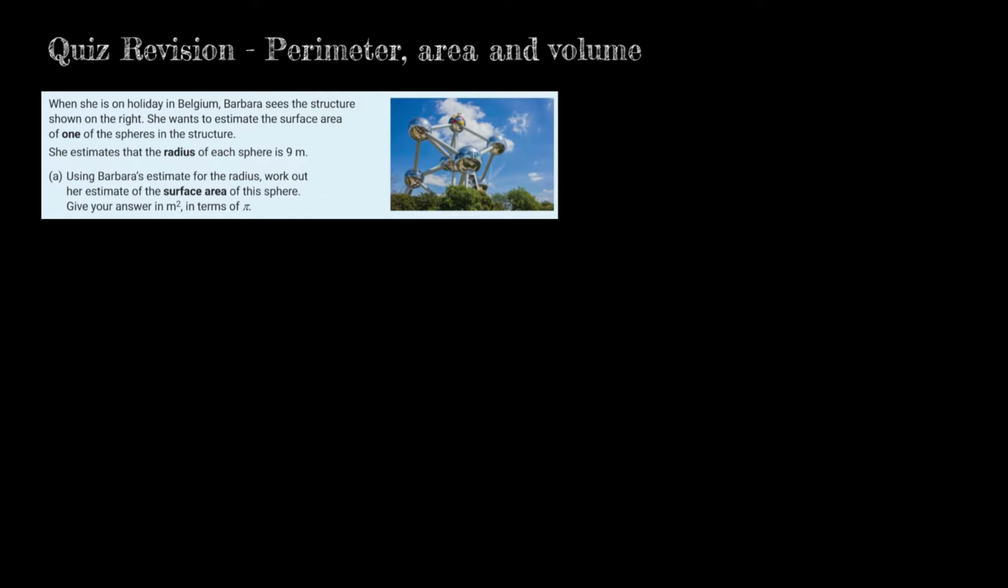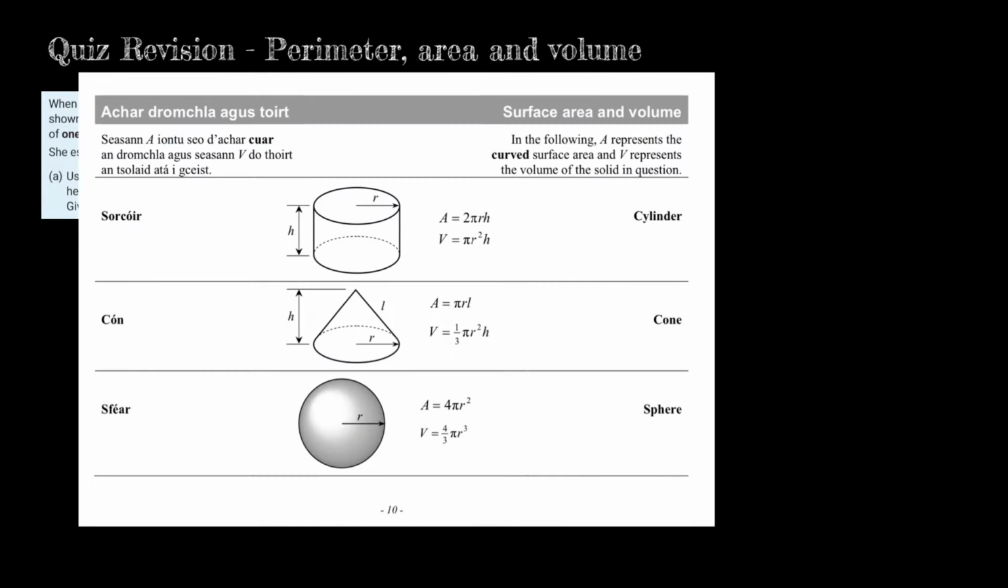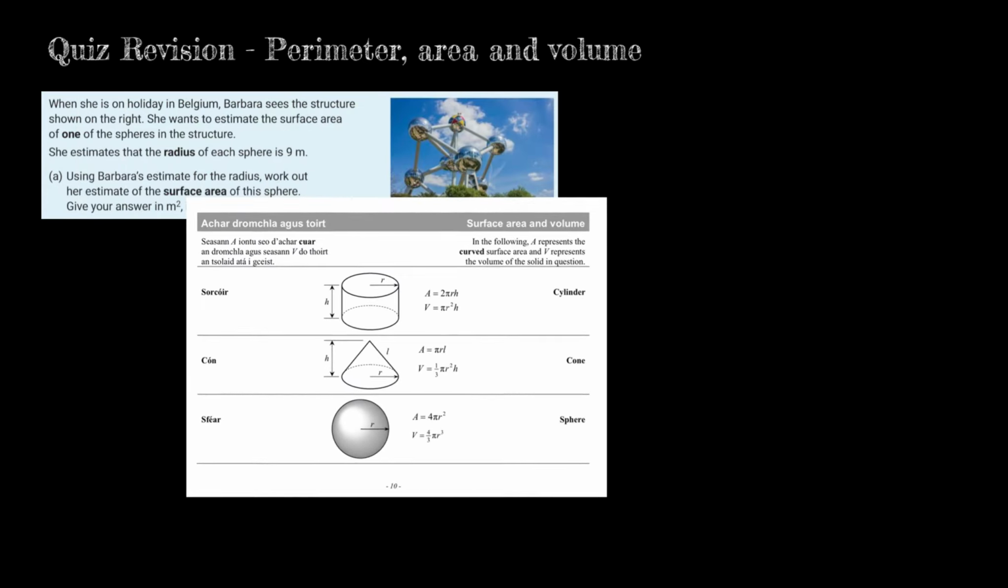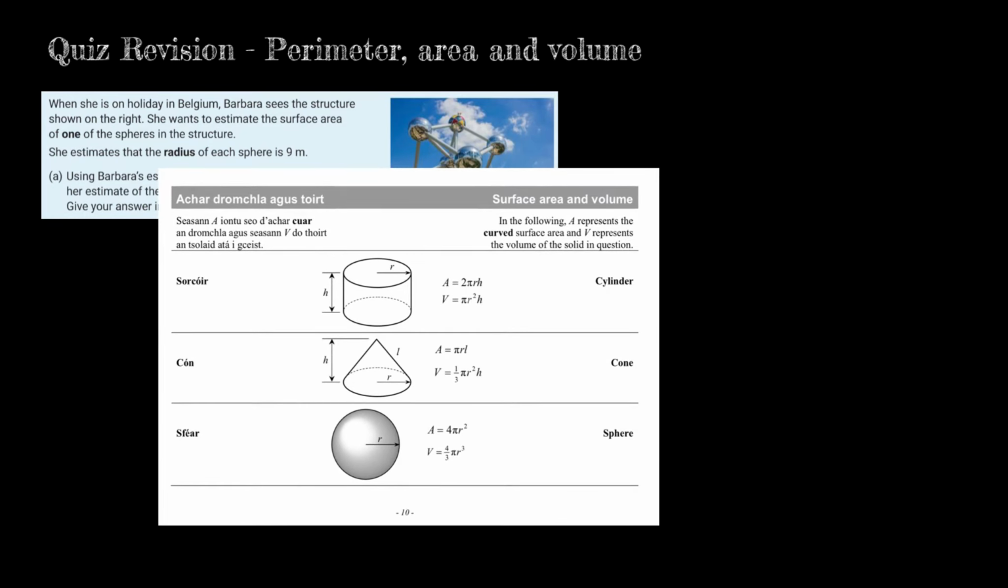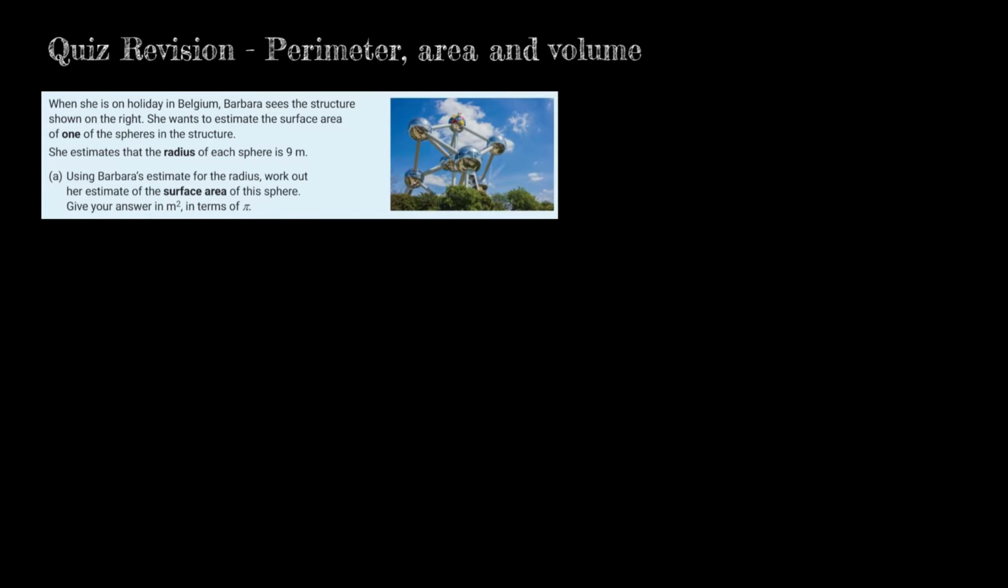Okay, so surface area of a sphere. I'm just going to bring in the log tables there so you can see. And you can see there the log tables, right? So the surface area is A. It says here A represents the curved surface area. Obviously we're looking at a sphere, and the area of a sphere is 4 pi r squared. Okay, so 4 pi r squared. So I'm just going to use that. So surface area